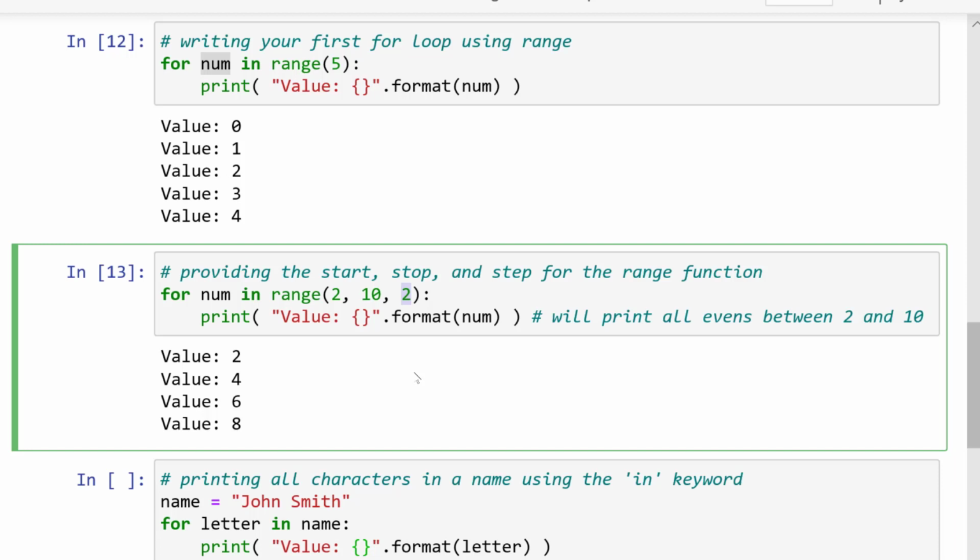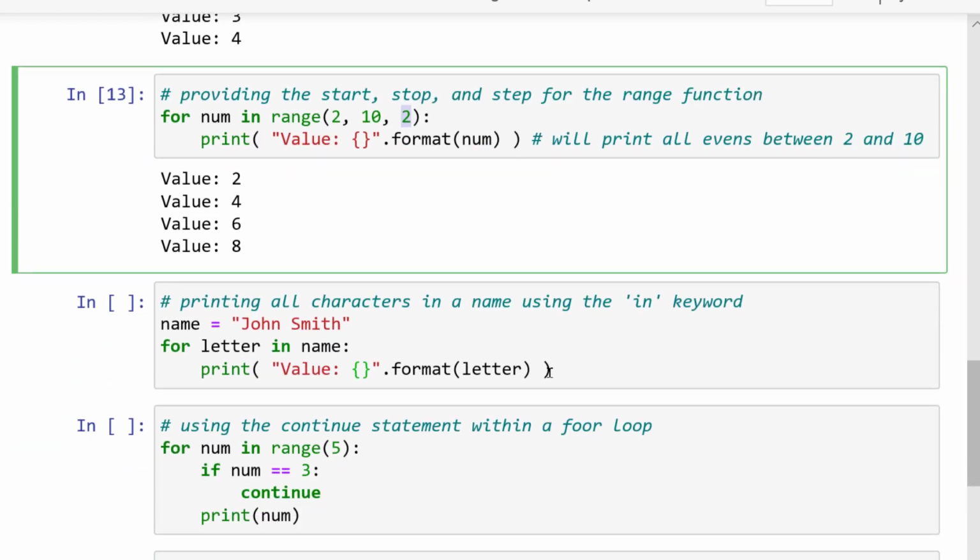Now we can loop by element. When working with data types that are